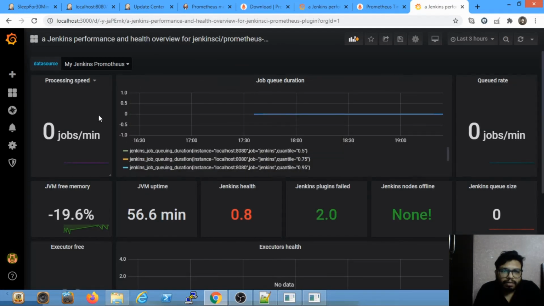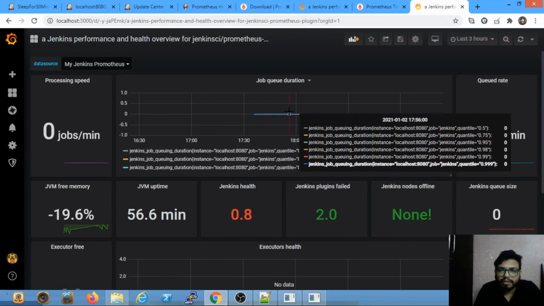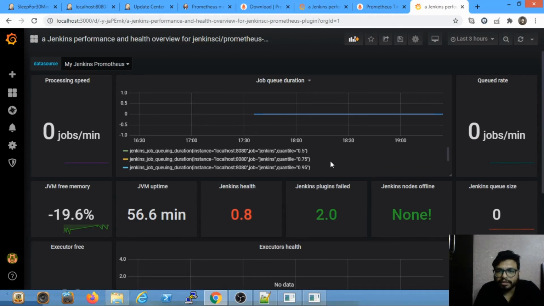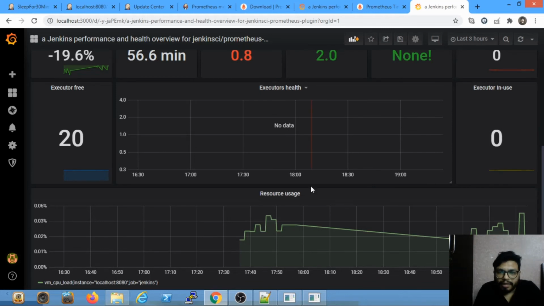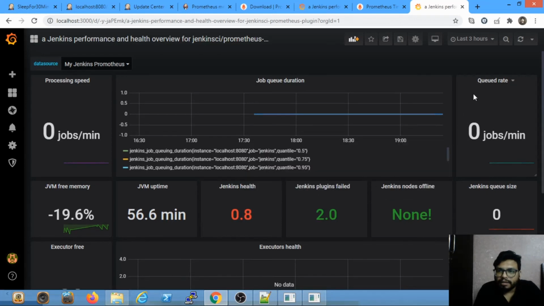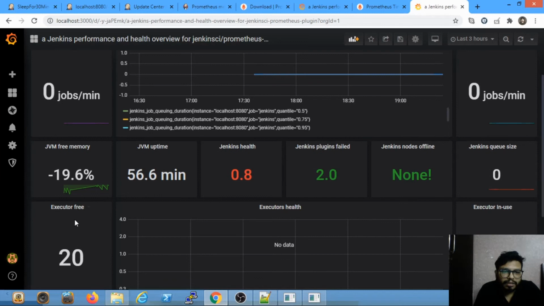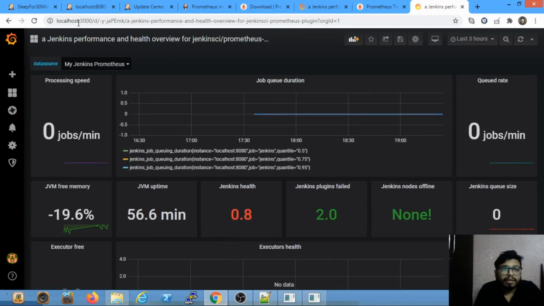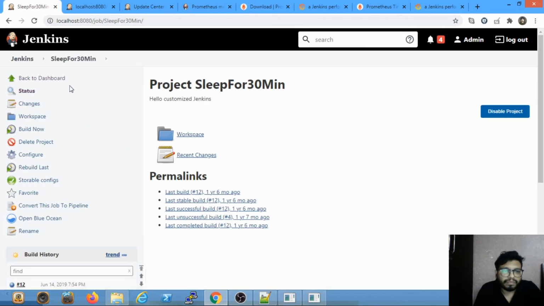See, now all of my Jenkins metrics from Prometheus, the data is collected by Grafana and visually shown in graphics and a lot of other panels as well. Executors health, resource usage of my Jenkins instance, how many jobs are in queue, processing speed, everything is shown up here. So I'm just running one job here, build now.